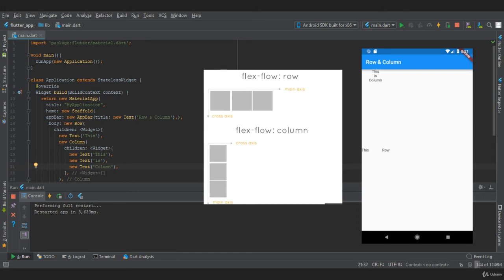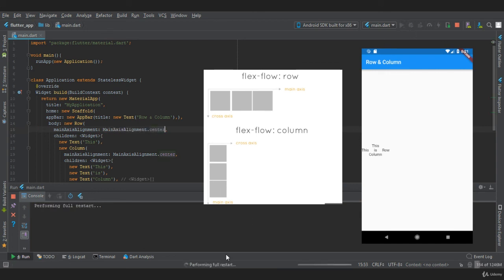So as you can see in our output, the column is not aligned in center. So we need to provide a main axis alignment in column, and we will say main axis alignment dot center. Now let's restart our app, and we will see that the column will be aligned in center. Now our row is also not aligned in center, so for that we need to provide a property called as main axis alignment in row, which takes a main axis alignment argument. We will say align it at center.